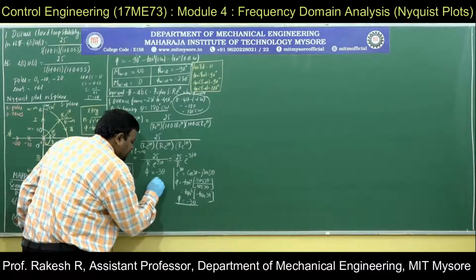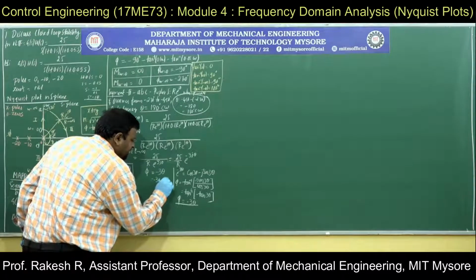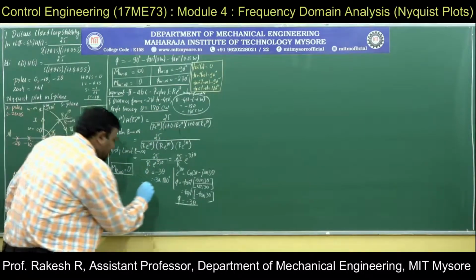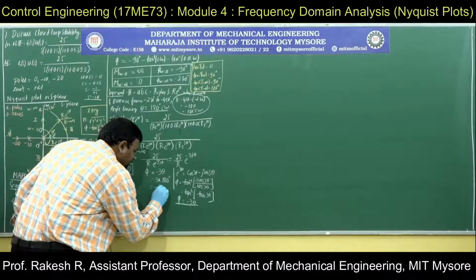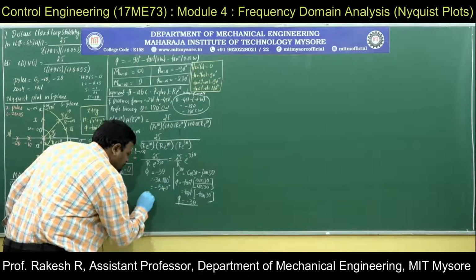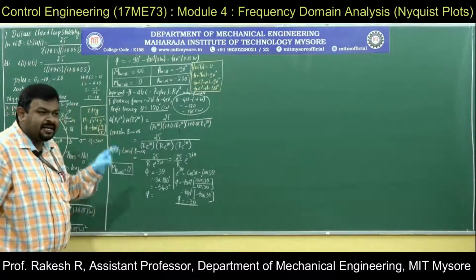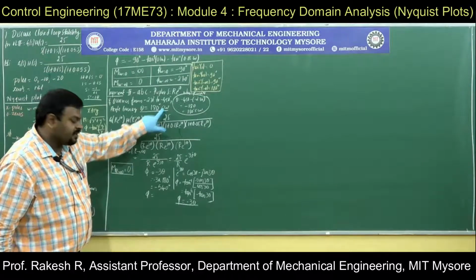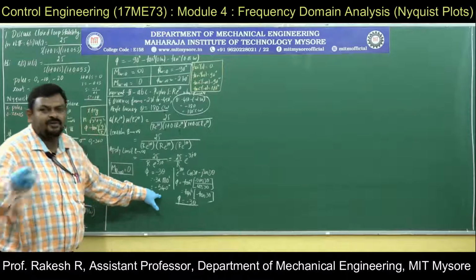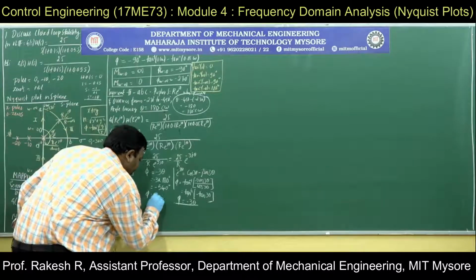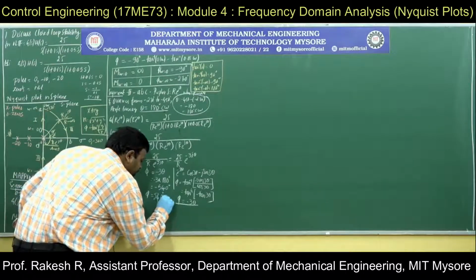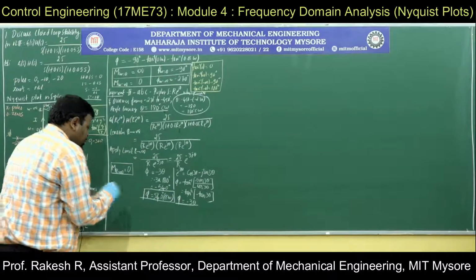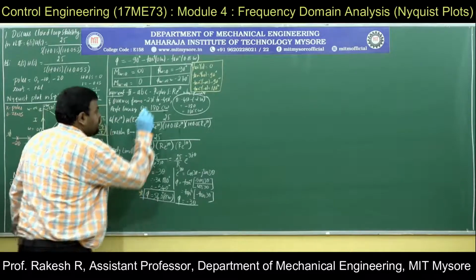What is minus 3? What is theta? Theta here is 180 degrees. This value we have written here. And 3 into 180 is minus 540 degrees. What is minus 540? Minus indicates the reverse direction. Here it is in clockwise direction, so this should be 540 degrees in counterclockwise direction. So this value is important. The direction will be based on this.